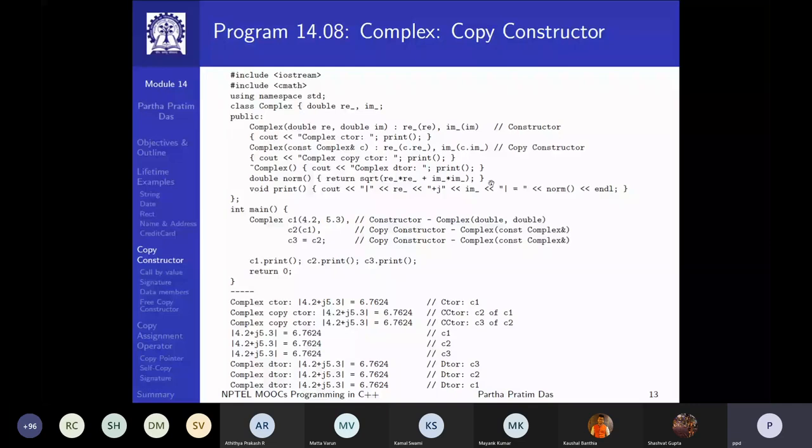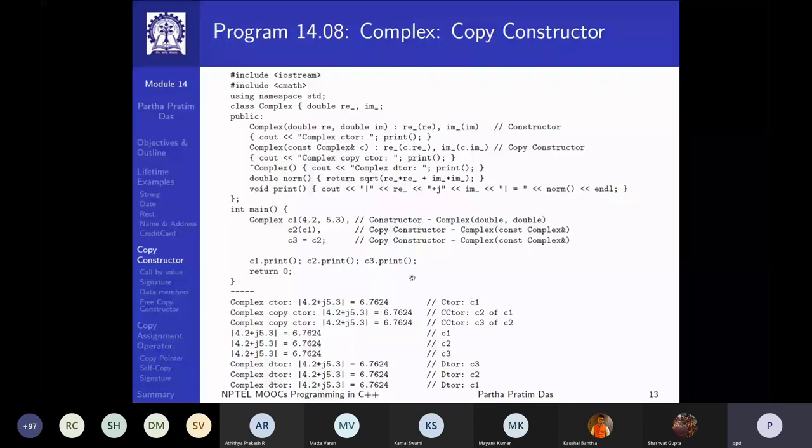So now I put these object constructions. Naturally, the first one is a construction by the first constructor, double double. The second one is a function notation for the copy constructor, so it should construct based on the object C1 and call the copy constructor. The third one is also a different notation for the copy constructor. So these two should use the copy constructor, and then you print all these three objects. All of them should be